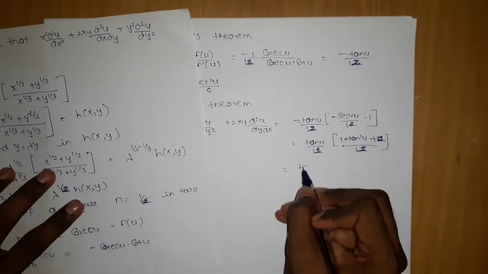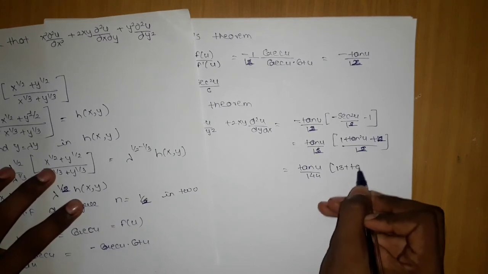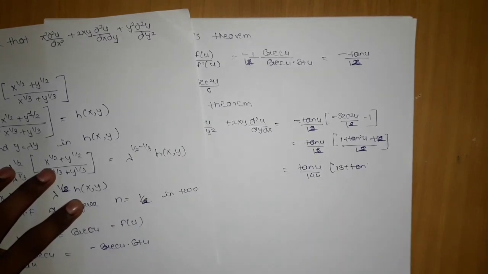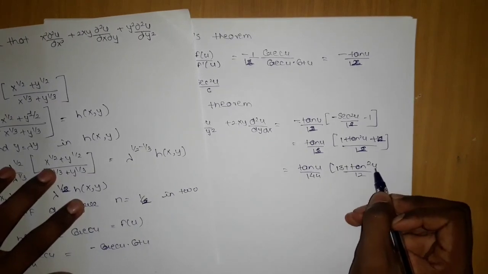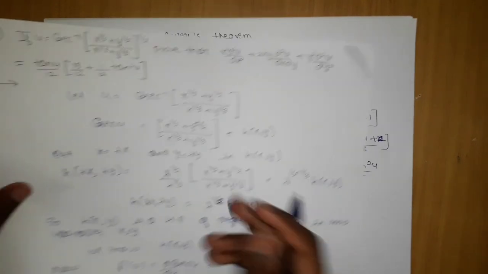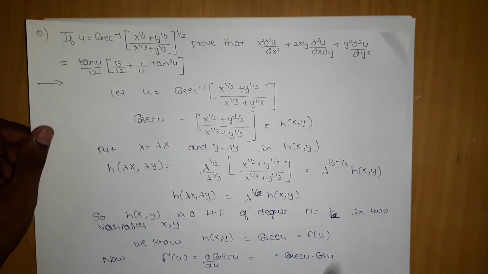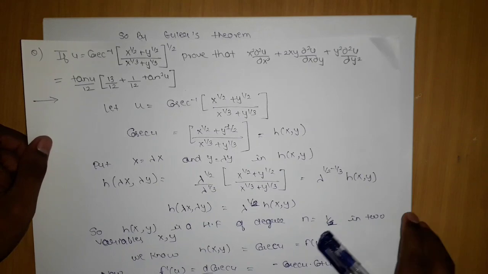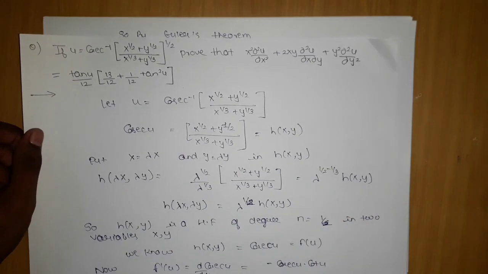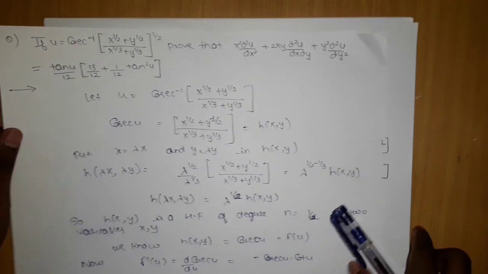So the final answer you can get is tan u by 144 into 13 plus tan square u, or 13 plus tan square u by 12, which is nothing but the same thing only. They have not distributed the 12, they have kept it as it is. It's up to you. My part was to explain how the things came, and I did that. But some silly mistakes appear because in engineering mathematics things are very lengthy and there is a very high probability of making small mistakes like this, like writing the wrong question. So please avoid this type of mistake.